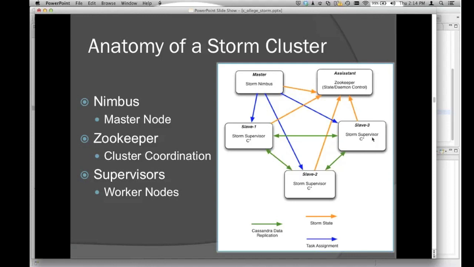But Nimbus's job is to assign tasks to the supervisor nodes. And that can be multiple workers and multiple tasks. And master also, through Zookeeper, keeps track of the health and state of those daemons. So if one daemon were to go down, or say you lost a node, master would take the workers and reshuffle them among the slave